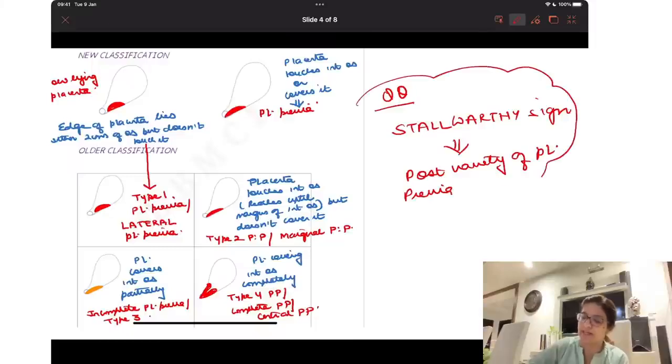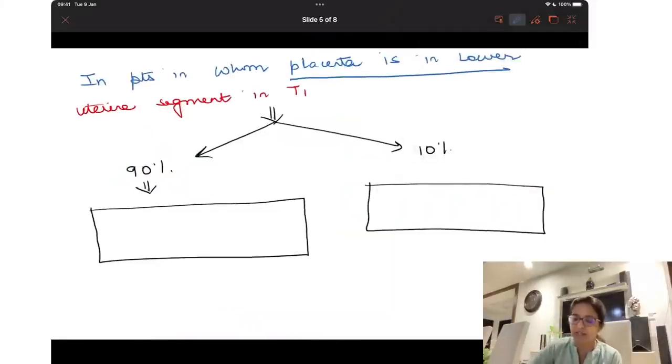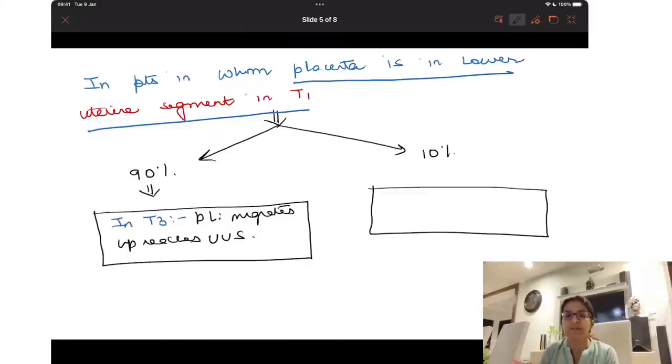Stall-worthy sign is seen in posterior varieties of placenta previa, right? Now, in patients in whom placenta is in lower uterine segment in first trimester, in 90% cases in third trimester, placenta migrates up and it reaches the upper uterine segment. Right, 90% cases में जब आप repeat ultrasound करोगे in third trimester, placenta will migrate up and it will reach